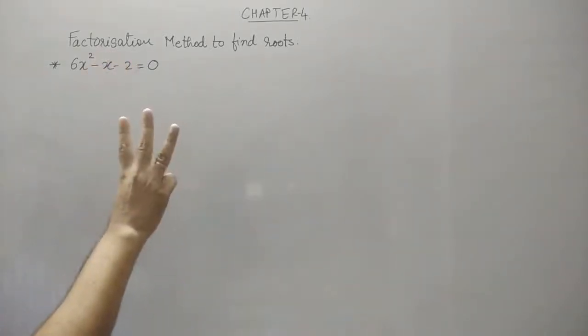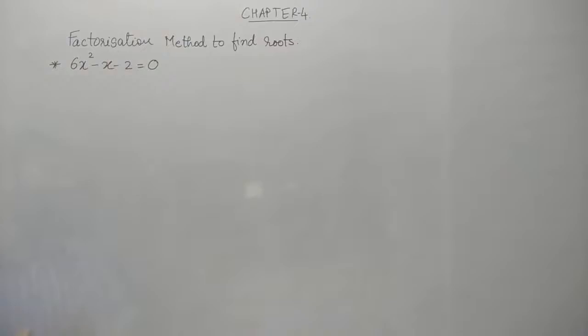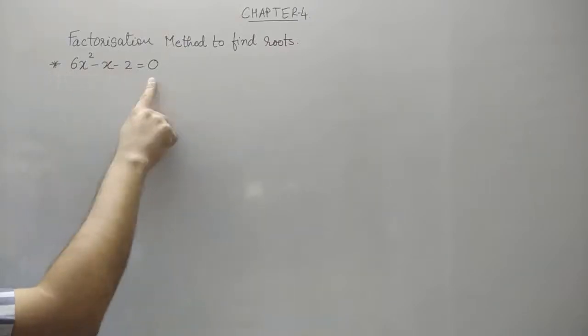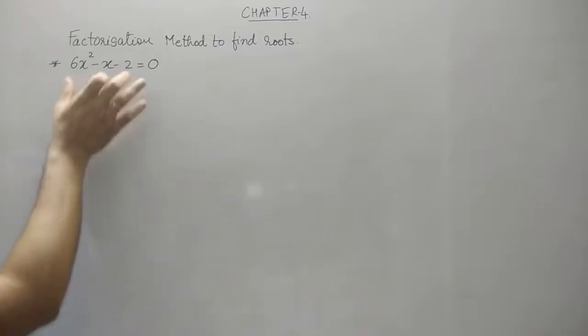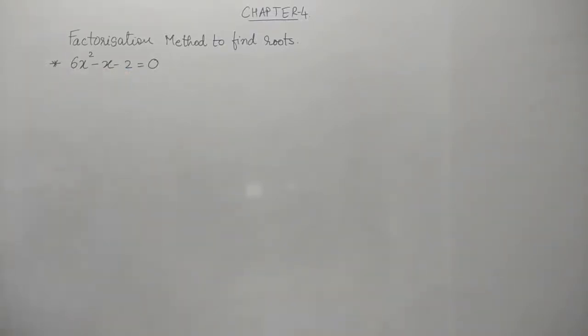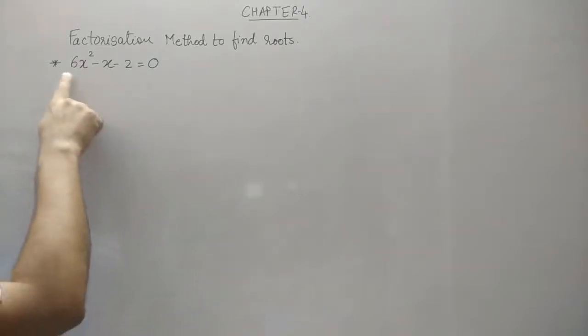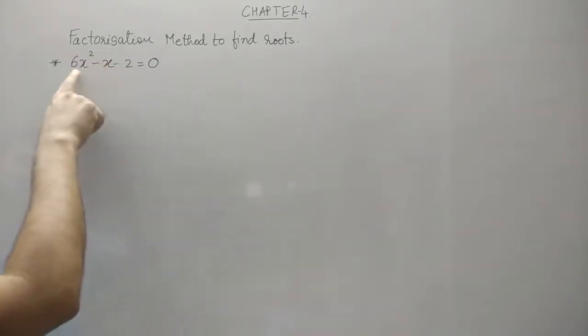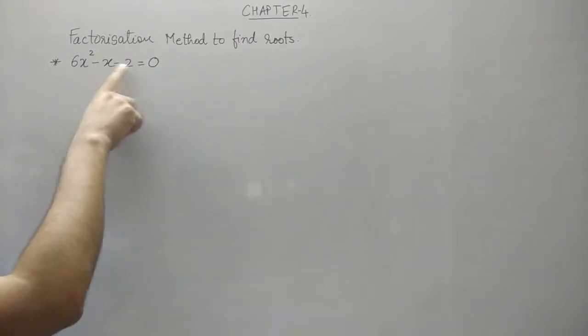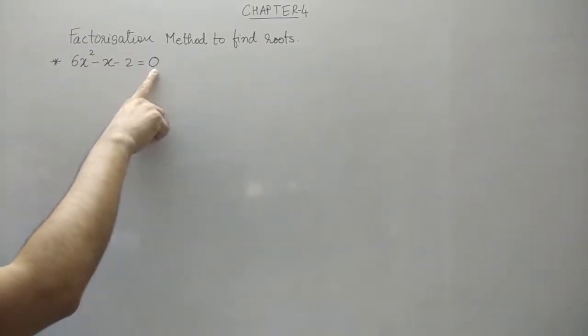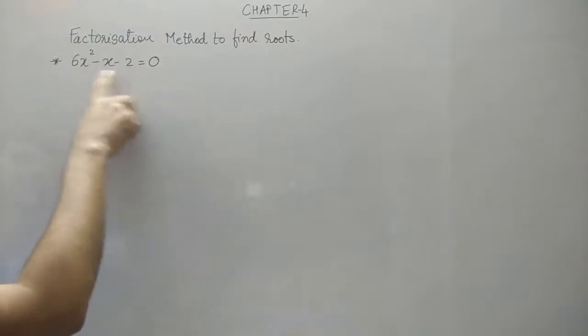There are three methods we have to discuss. The first one is factorization. We have already learned how to factorize a quadratic polynomial, and the same way applies to the quadratic equation. So now let us recall how we used to do this. First of all, we should remember it should be in standard form, that is ax square plus bx plus c, with 0 on the right hand side. So it is already arranged.